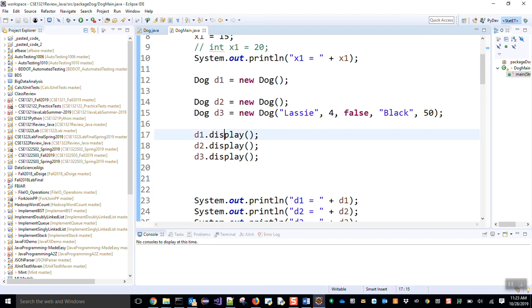We are calling display method for D1 only, and here we are calling display method for D2 only, and here we are calling display method for D3 only. So D1 will display only its own attributes, D2 will display its own attributes, and D3 will display its own attributes. This is convention. Okay,